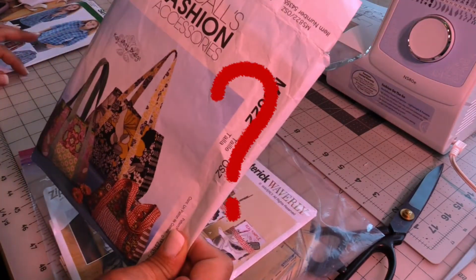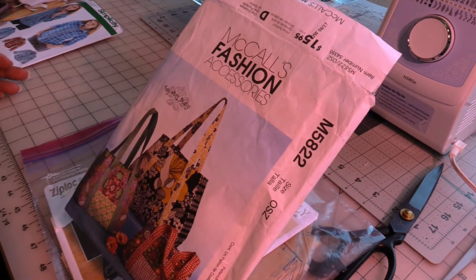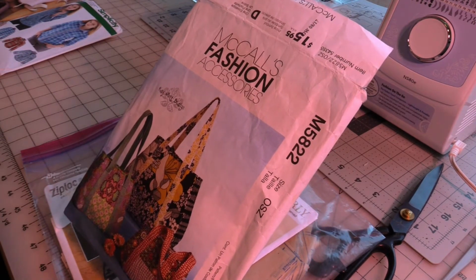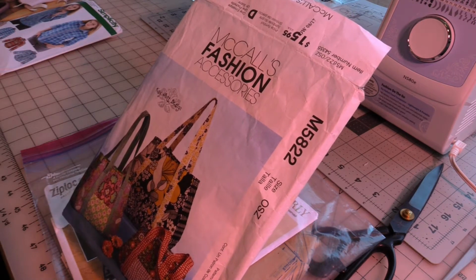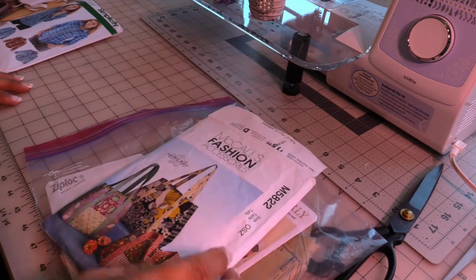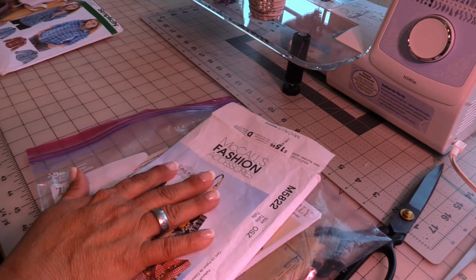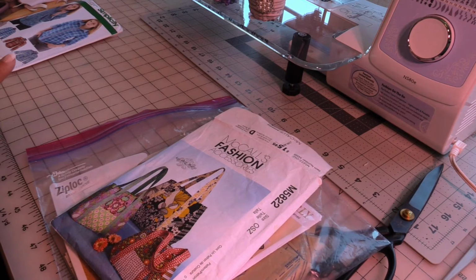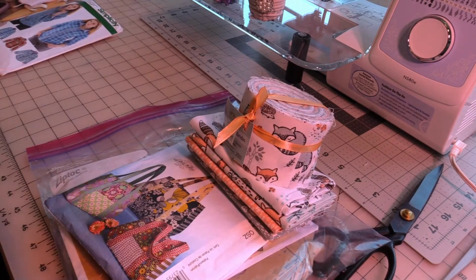One that I tend to get the most questions about because it is so weird. When you're looking at this pattern, that part of it is something that just doesn't make sense. The thing I want to do with this pattern, because I do like this pattern a lot, is I want to use these fabrics. So when I first thought about it, I was thinking it would be kind of fun